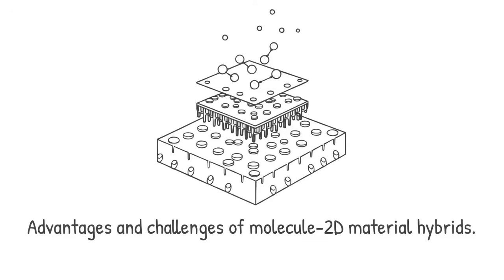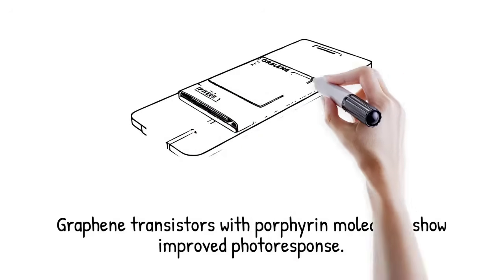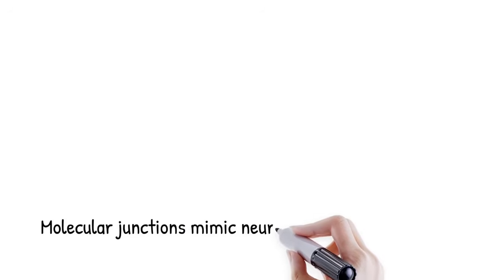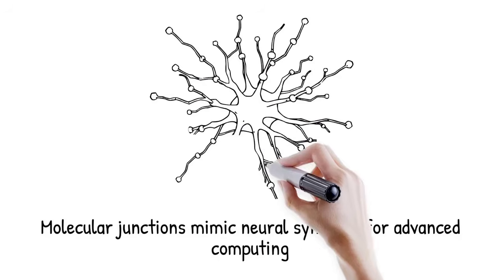A graphene field effect transistor functionalized with porphyrin molecules exhibited wavelength selective photoresponse and sub-threshold swing improvement. It's like gluing colorful tiles onto a superhero-grade skateboard. Combining decorative function with high performance, researchers have demonstrated multi-level conductance states in molecular junctions, mimicking synaptic weight changes in